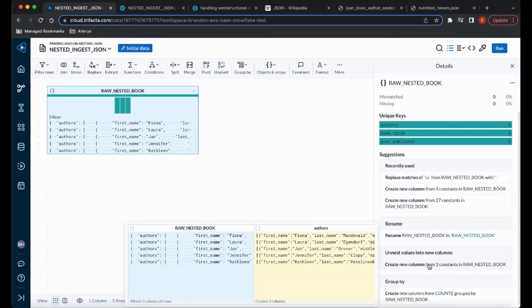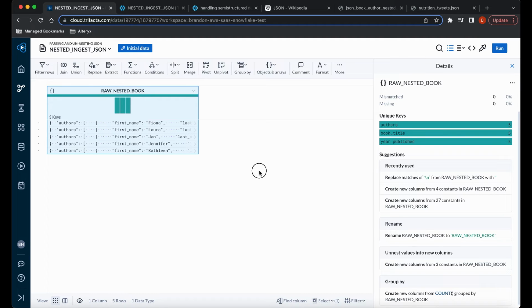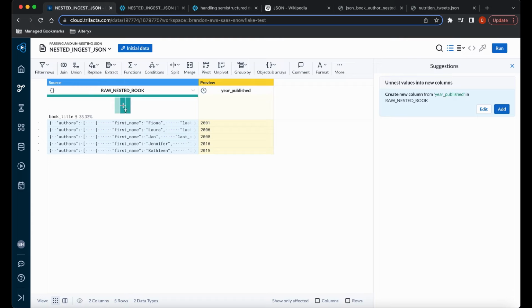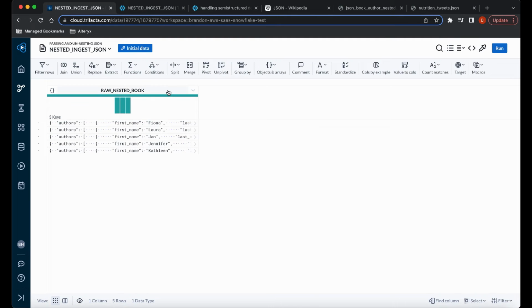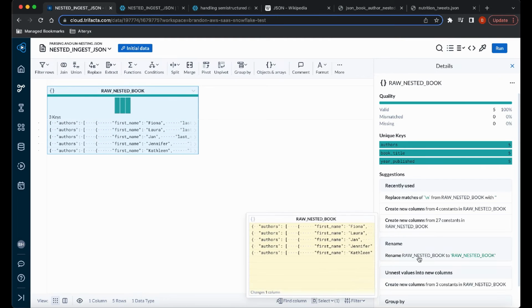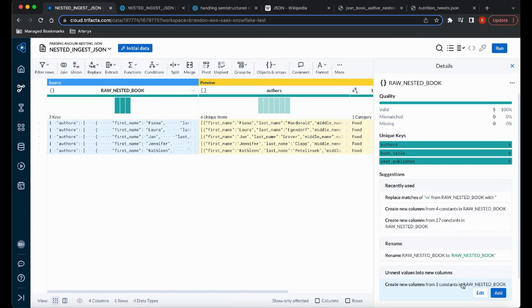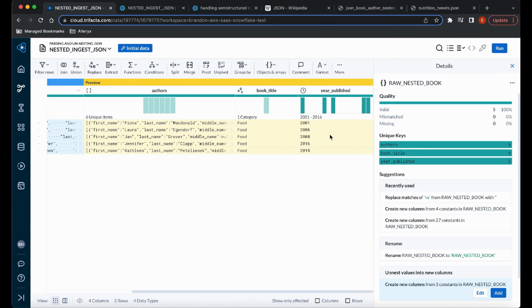I can do this. You can see that as I mouse over, it's showing me the actual outcome of what that looks like. Now, if I don't wish to unnest everything, I just want to unnest certain attributes, I could simply select or click on these attributes. For the purpose of this demo, click on unnest, select this option, check the outcome,